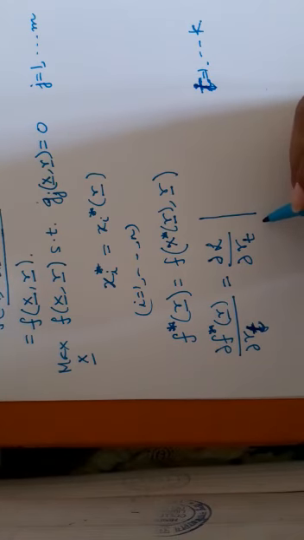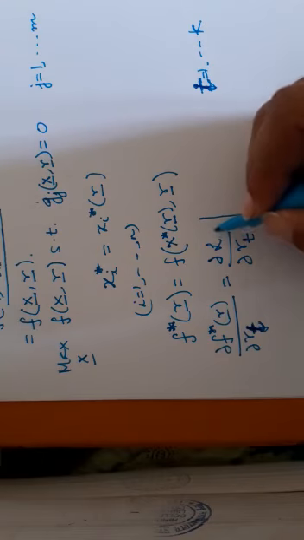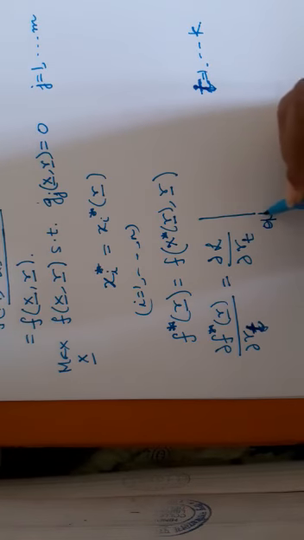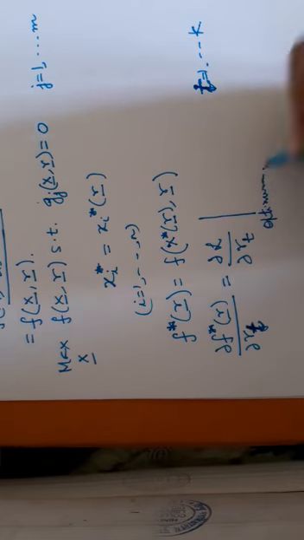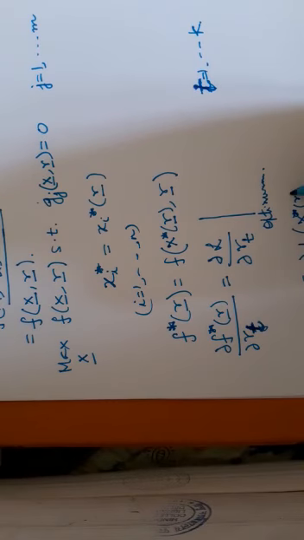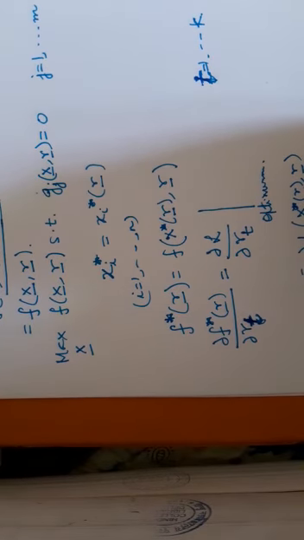So your Lagrangian itself would be a function of the parameters r, and this has to be evaluated at the optimum. So this is nothing but partial L, because the Lagrangian itself is a function of x and r, and at the optimum x would be a function of r. So it will be partial L by partial r